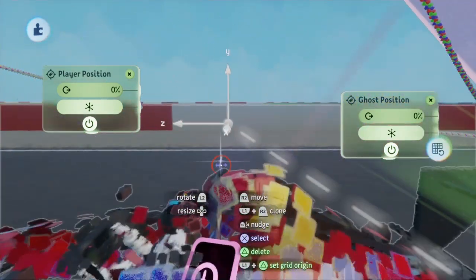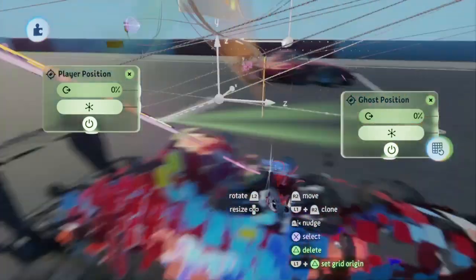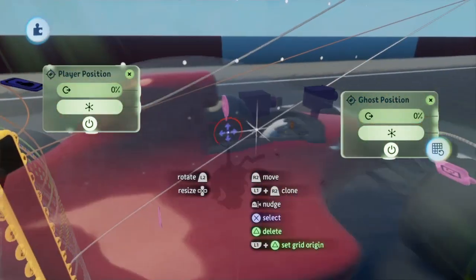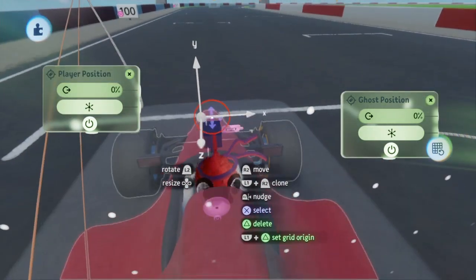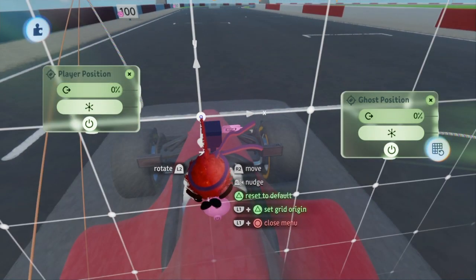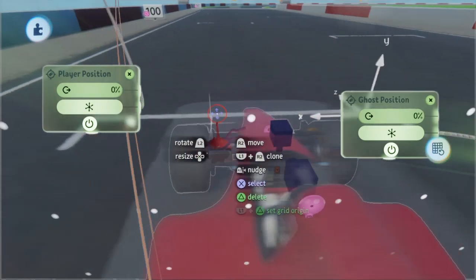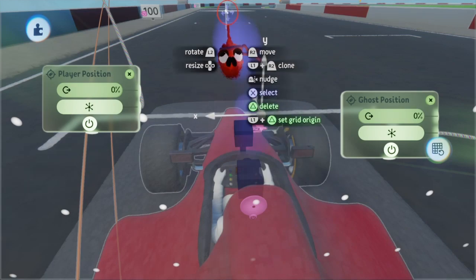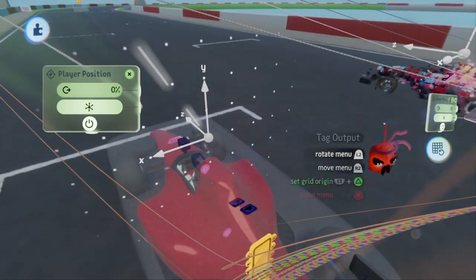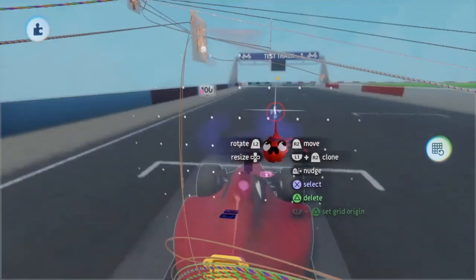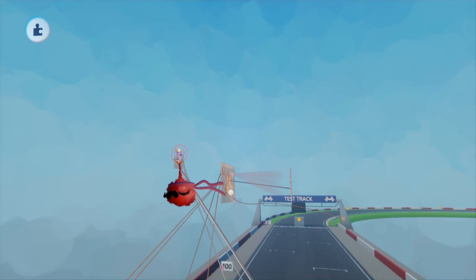As you can see, it's roughly in the center above this hump section and about one space above, which is now same on this car. And then what we do with the widget, we hold L2 while in center and then just rotate it so Z is facing forward, X is left, Y is up, and then that should be positioned perfectly for the position data to be recorded. Now I'm going to return to setting up the main microchip and then we can test